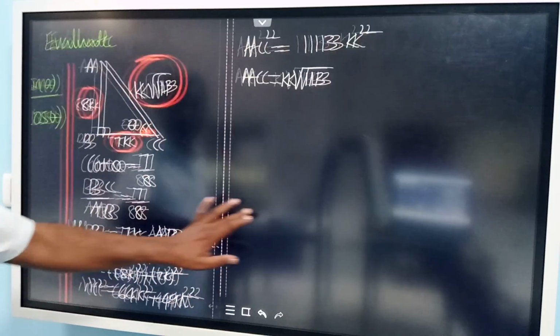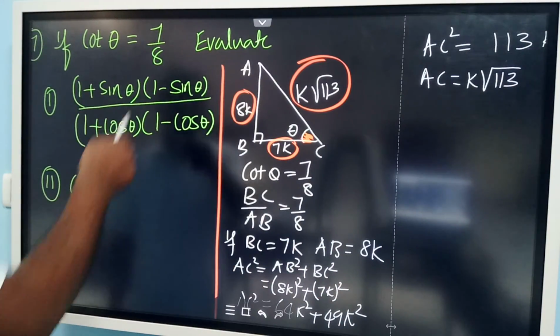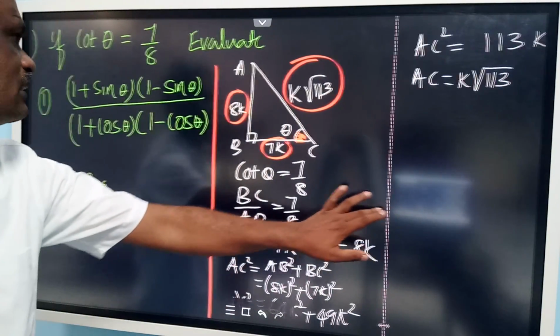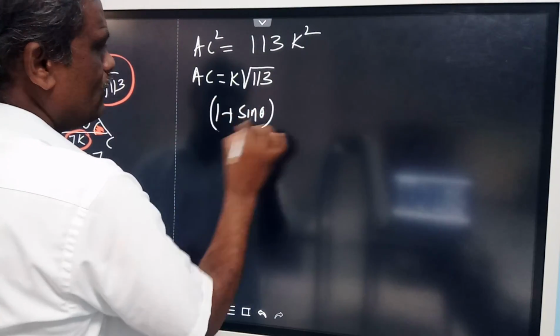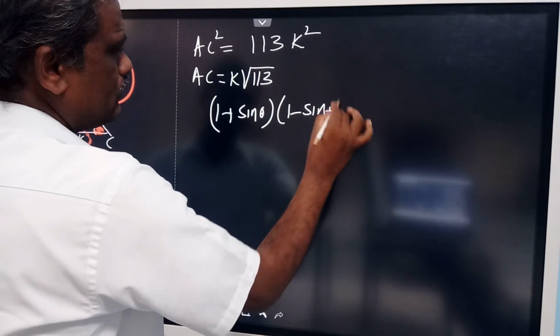Now what they asked: you have to substitute 1 plus sin theta into 1 minus sin theta divided by. First you need to find out this value. So 1 plus sin theta into 1 minus sin theta divided by